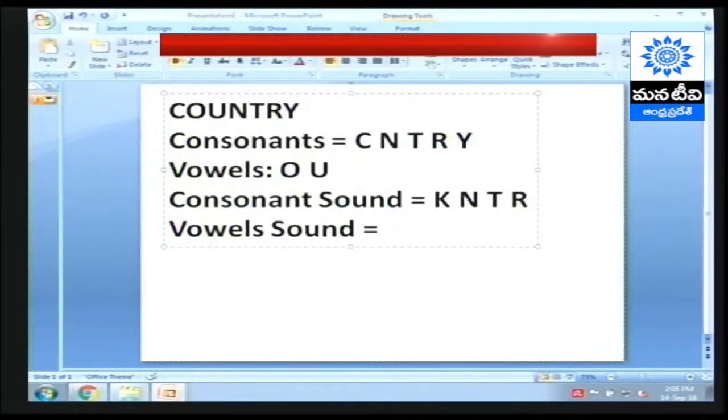And how many vowel sounds do you have? We have K, then we have E, country. So, the number of vowel sounds will define the number of syllables. So, how do I break it into syllables? If I have to break this word,